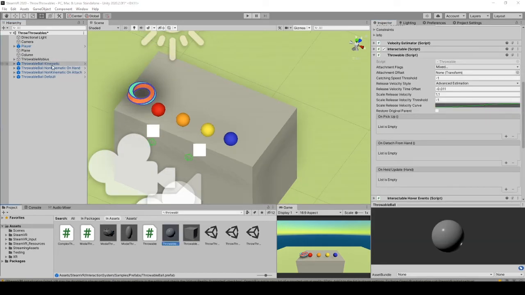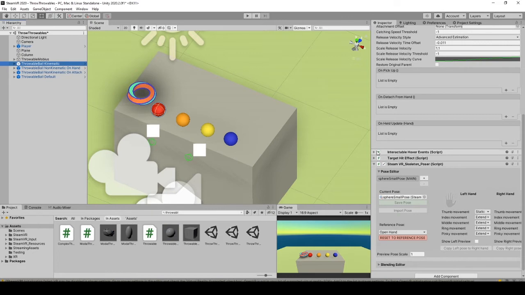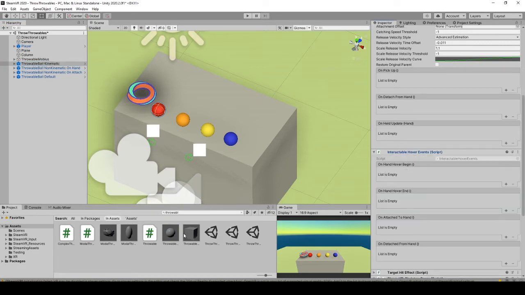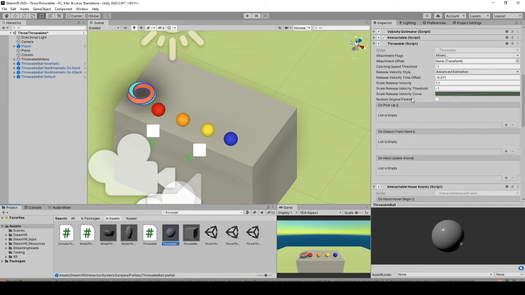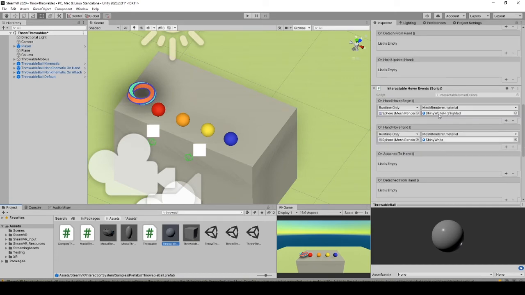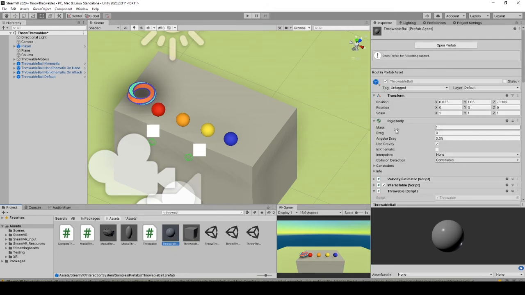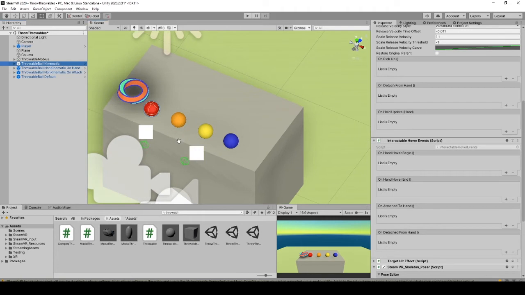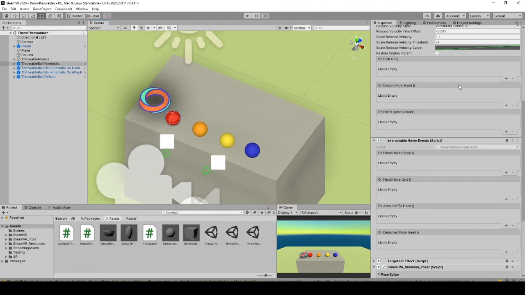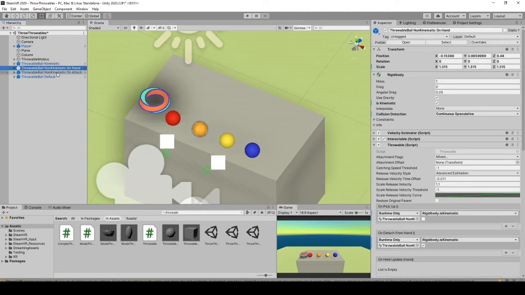Going back to setting up throwables. First difference for all of them is their interactable hover events are empty. If you don't tweak the references, by default this causes material changes when the game object is hovered, to not the initial one, but the one set in the defaults. For details, a video will be linked in the description. Another difference is, except the blue one and the Mobius, other rigid bodies are set to be kinematic. That's why they don't get affected by gravity or physics.